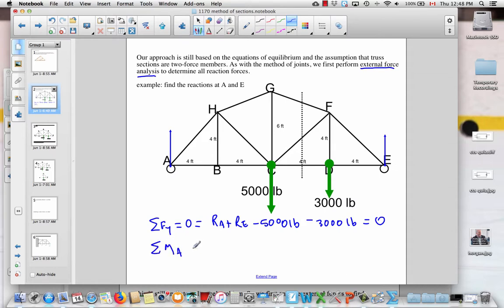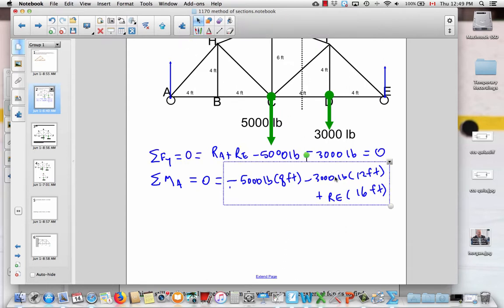Let's sum moments about the point A, and again that's 0 because we are in equilibrium. So we have 5,000, and that's clockwise into the page, negative z moment. So 5,000 pounds, and each of these segments is 4 feet long, so that's acting 8 feet from the point A. And then we have the 3,000 pound force. That's 3 segments, that's 12 feet from the point A. And then in the positive direction, we have our E reaction moment. That's 4 segments, or 16 feet away. And now we can